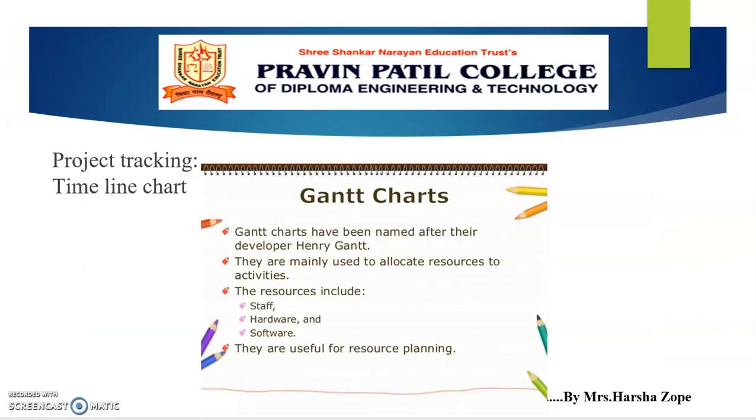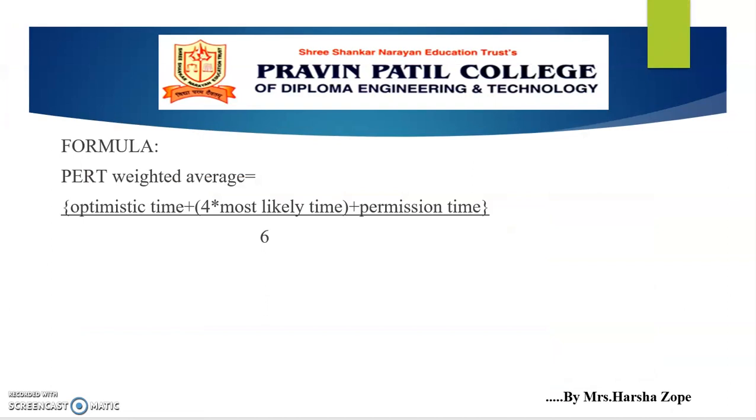Next, we'll see the difference between PERT and CPM. PERT is a project management technique used to manage uncertain activities of a project. CPM is a statistical technique of project management that manages well-defined activities. PERT is a technique of planning and control of time, and CPM is a method to control cost and time. PERT is event-oriented and CPM is activity-oriented. PERT is non-repetitive in nature and CPM is repetitive in nature.